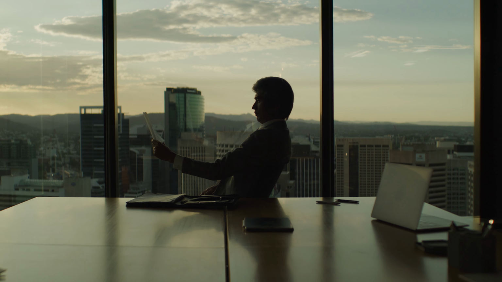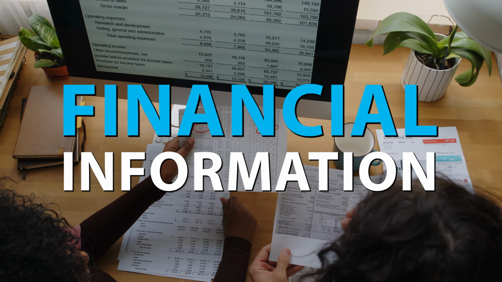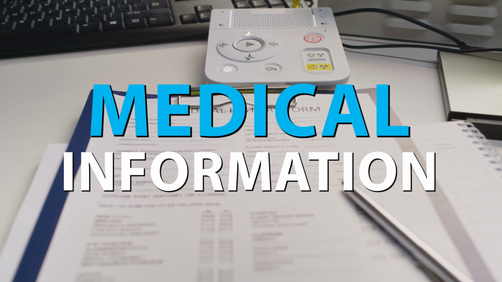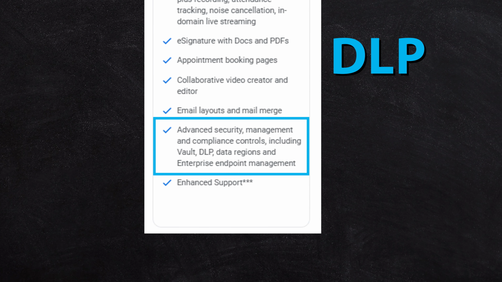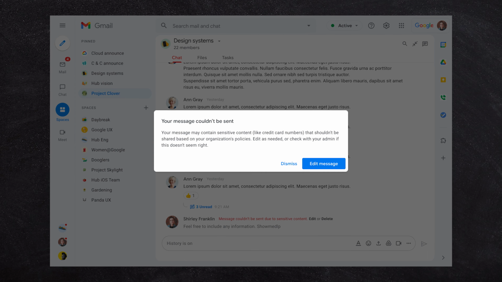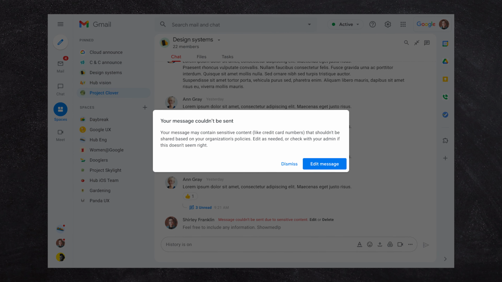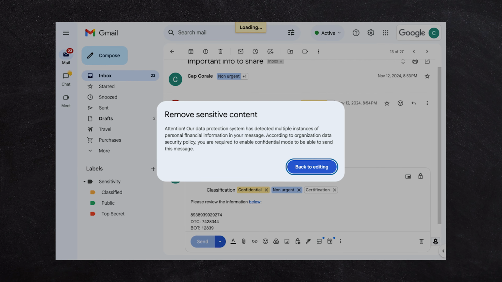So let's say you're a business and you have important compliance risks. You're dealing with financial information, or personal information or medical information. You want to be on the Google Workspace Enterprise SKU because you can set up the feature called DLP, or data loss prevention. And you can set a bunch of rules on your account that say things like, if someone puts payment information in a chat in plain text, quarantine that message. If someone puts somebody's Medicare number or social security number in an email and they try and send that email,